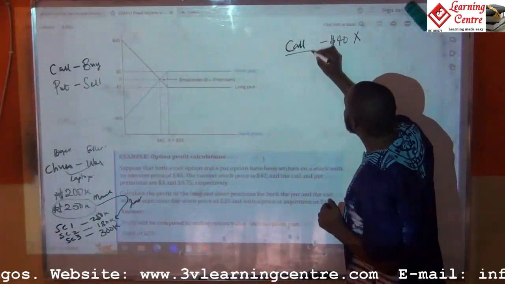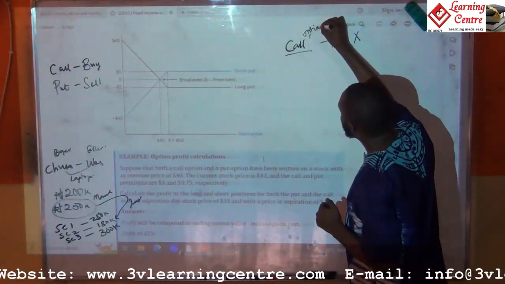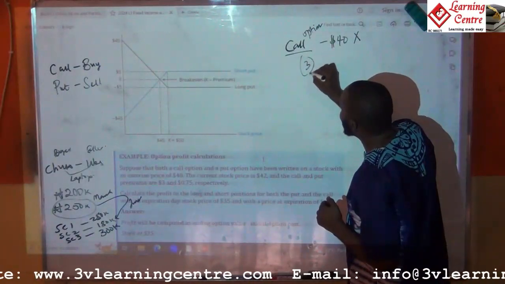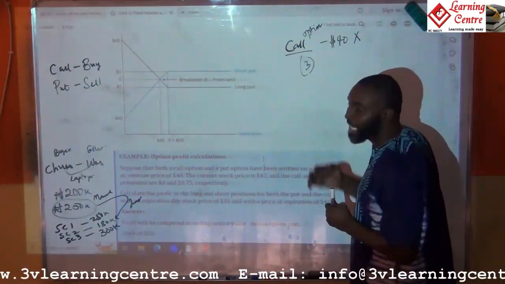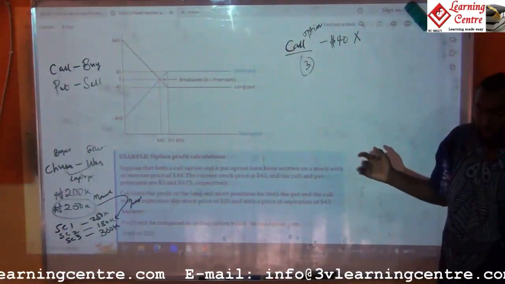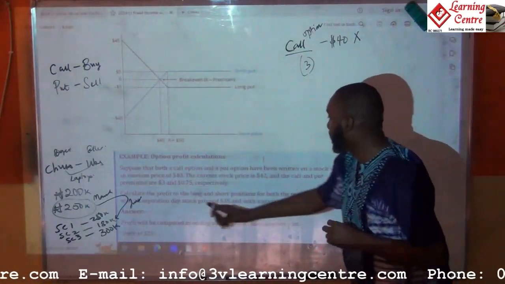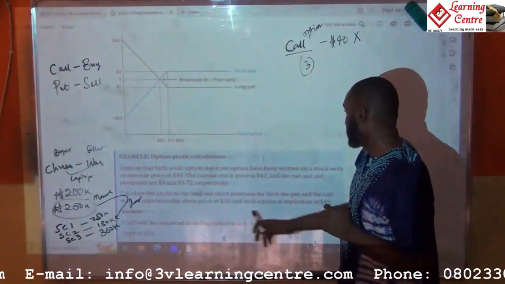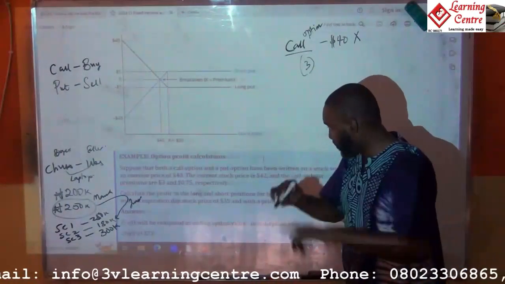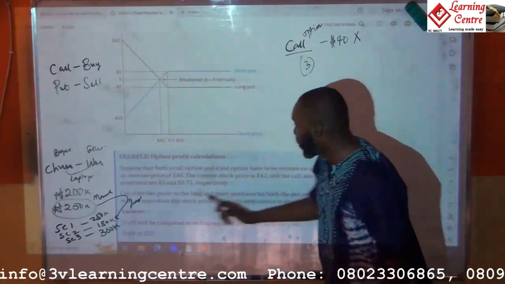It means for this call option, I have paid $3 already. This $3, we said, is what? A loss. It's not coming back to me. It has gone. Now, calculate the profits. Long, short, I've explained that one, but let me just see this other point. And the call,